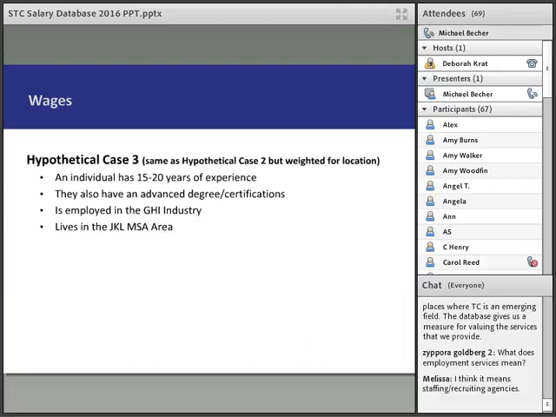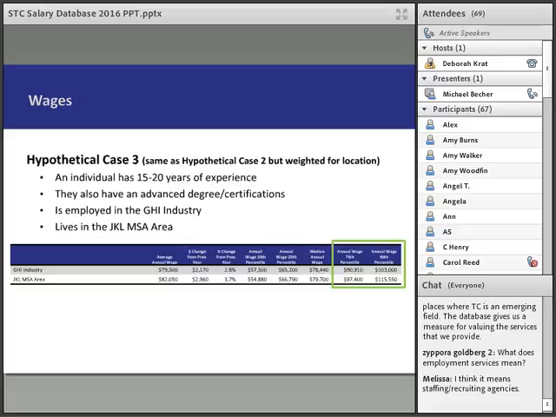Now our last hypothetical, it's the same thing as number 2, but let's say that the geographic location is somewhere like San Francisco or a higher cost of living area, and we want to weight the compensation level more heavily on location than we do on industry, because the location is really going to pump that compensation level up. To show you how to do that, it's pretty much the same thing. We want to focus on that 75th to 90th percentile because they feel like they're right in that 82.5 percentile range based off of their experience and education and certifications.